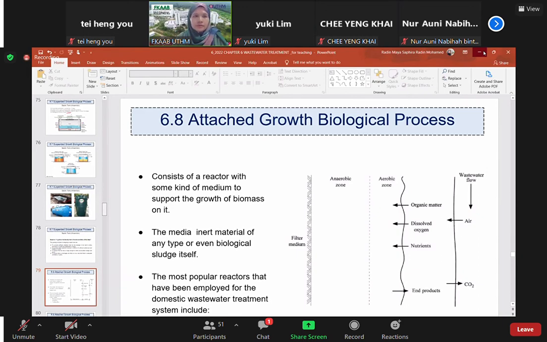Berapa grup kita ni? 10 ke 11 ke 11 doktor. 11 ya. Jadi in that case by next week kumpulan 1 hingga 6 lah present dulu. Because